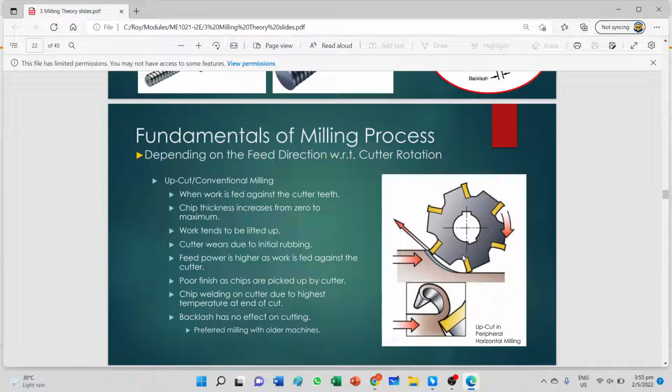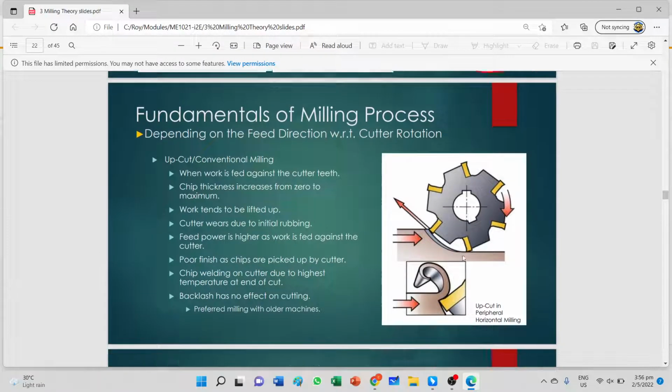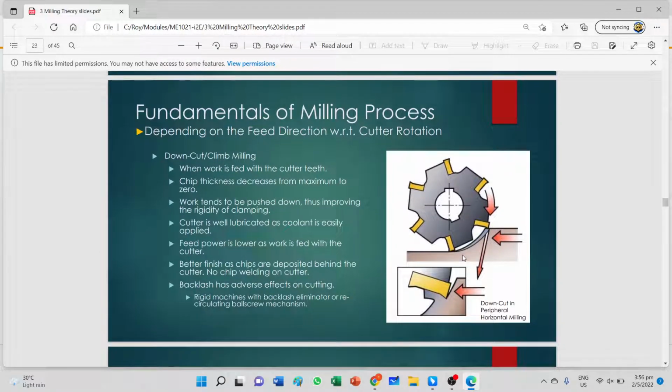So there is rubbing. That is what happens during the upcut. This milling is sometimes preferred in older machines because of backlash. Backlash has no effect on the cutting in this direction. Whereas if you are going for down cut,